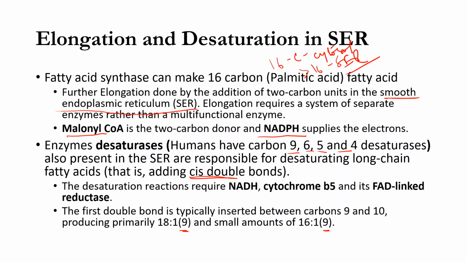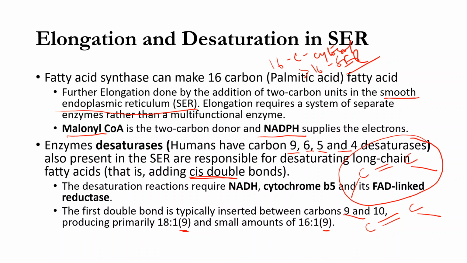Cis orientation is nothing but, suppose let's have a structure, this is known as trans, and let's have a structure, this is known as cis, on the same side, and trans on the opposite side, if you can see. So there will be kinking in the structure if there is a cis kind of bond, but in nature usually the double bond is present in the cis orientation, not in the trans one. Only rarely can it be present in the trans one, but usually it is man-made when it is present in the trans one.